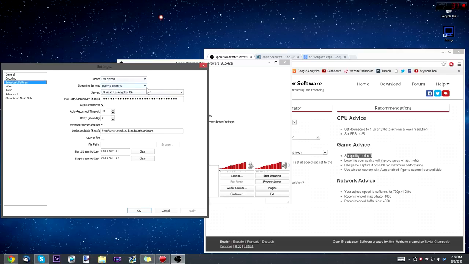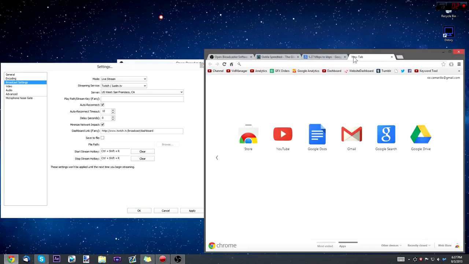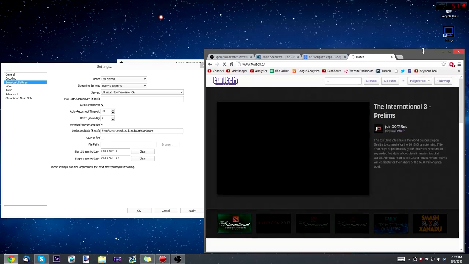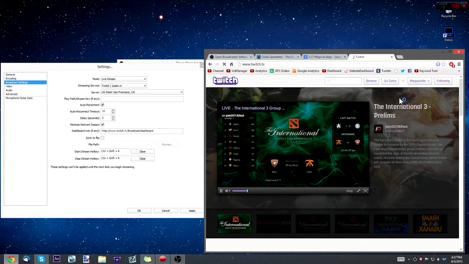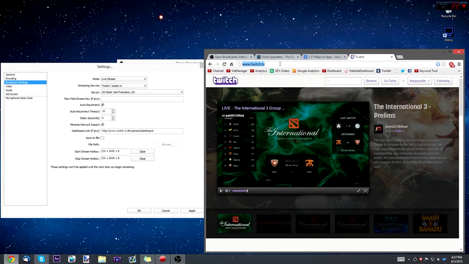Now if you're live streaming to twitch.tv, you're going to want to drop this down and hit twitch/JustinTV, and you're going to want to type in your playpath/stream key. So you may be asking, where do I find this? Pretty simple. Just open up a new tab yet again and go to Twitch TV. I'm not sure how you do it on Justin TV, but I'm going to show you how to do it on Twitch. If you go to just regular old twitch.tv, you can go here